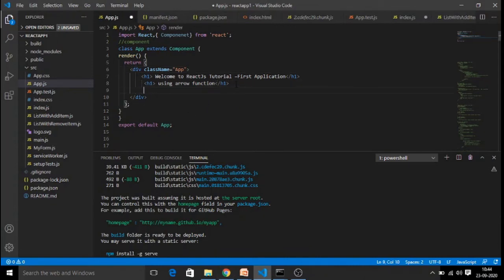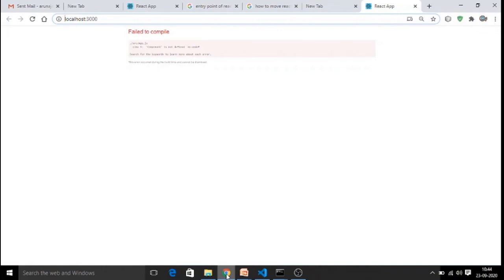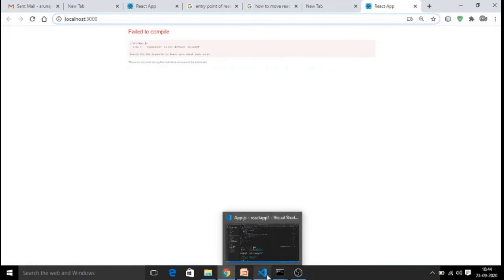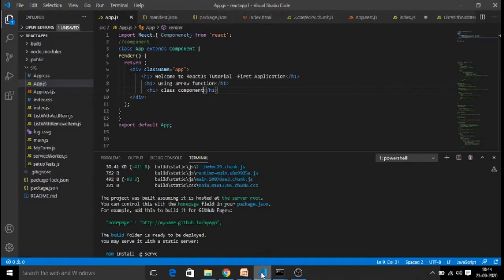Now I am saying, we would like to see the export default App.